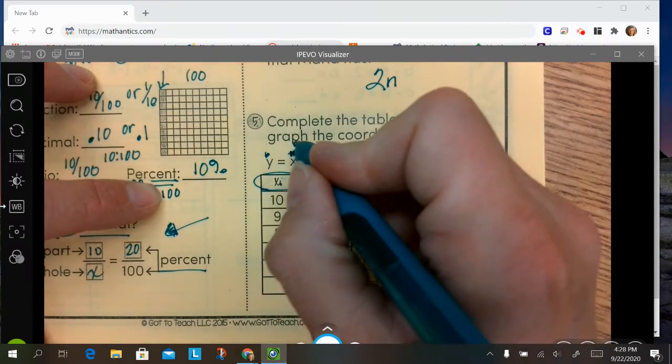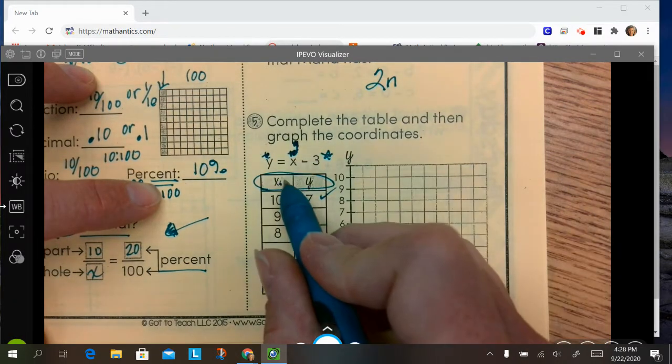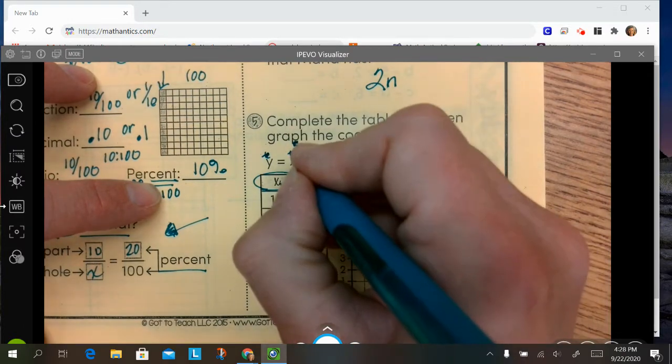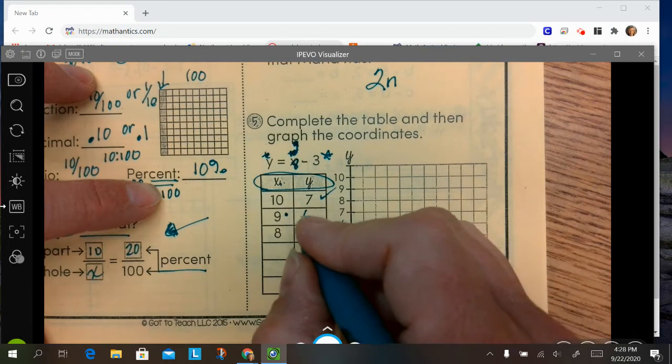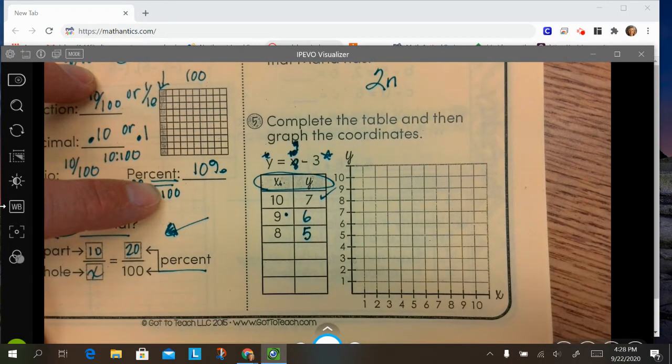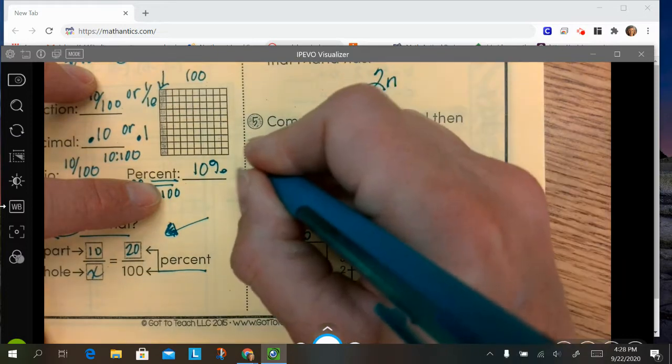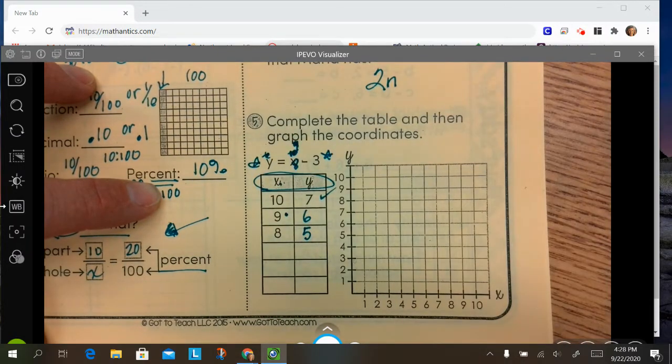Okay? Do it again. Here's 8. They give me X is 8. So now X is 8. 8 minus 3 is 5. Y is 5. This is the key to their relationship right here. Y equals X minus 3. Okay? We're not going to worry about putting anything extra in right now, but we are going to worry about